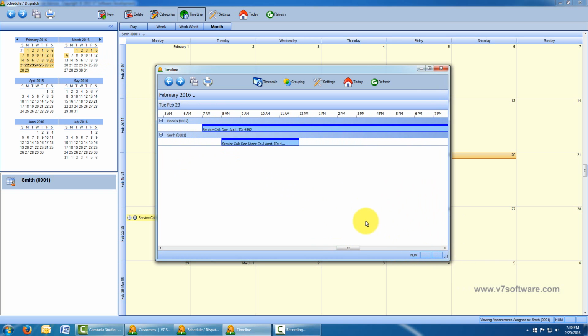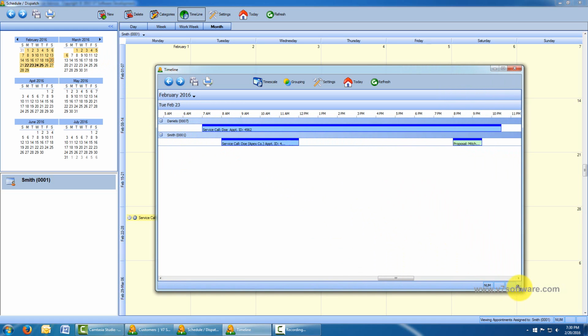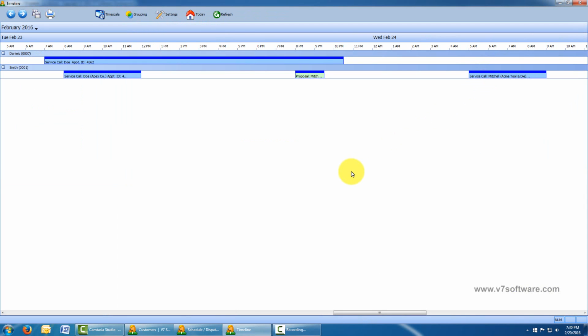And I'm going to open this up a little more. I'm going to go down to the lower right-hand corner. Just drag that open. We can see more items on the timeline. We can even go full screen if we like. Now, let's say Technician Smith has a problem and he needs to take off work early this day, and you have to reschedule his call. You have to give the call to another technician. For instance,